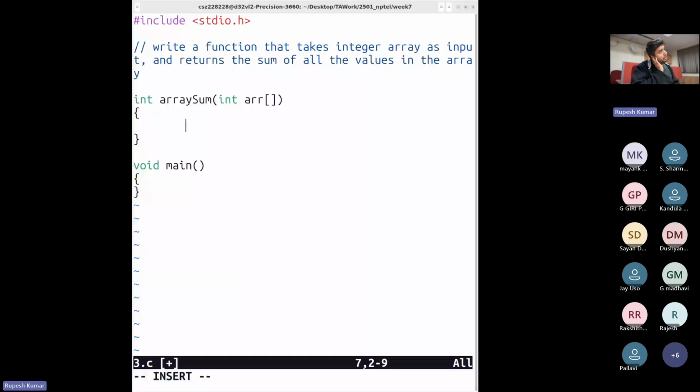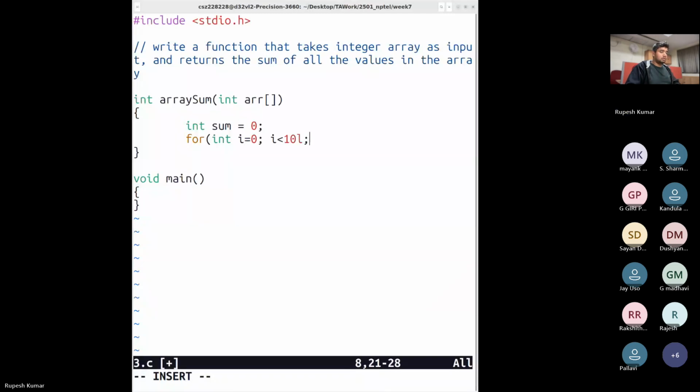Let us say that all the arrays have size 10. So now what we need to do is add up all the values present in the array and return that value. So let's create a variable sum, assign the value 0 to it, and then start iterating through the array entries. So for int i equals 0, i is less than 10, i plus plus,